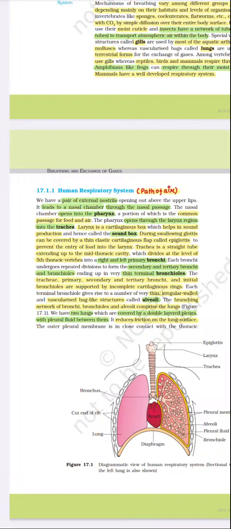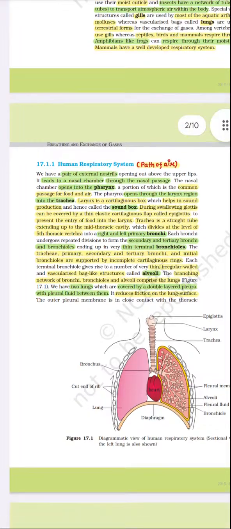We have two lungs, which are covered by a double-layered pleura with pleural fluid between them. It reduces friction on the lung surface. The outer pleural membrane is in close contact with the thoracic